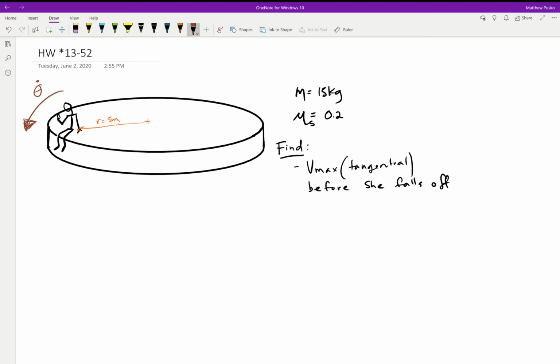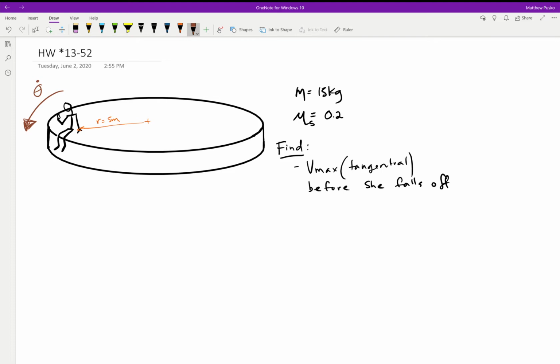Let's look at homework problem 1352. I think it's the first problem in the normal and tangential component, binormal component section. We have a girl having a mass of 15 kilograms, and she's sitting on this horizontal disc or platform at